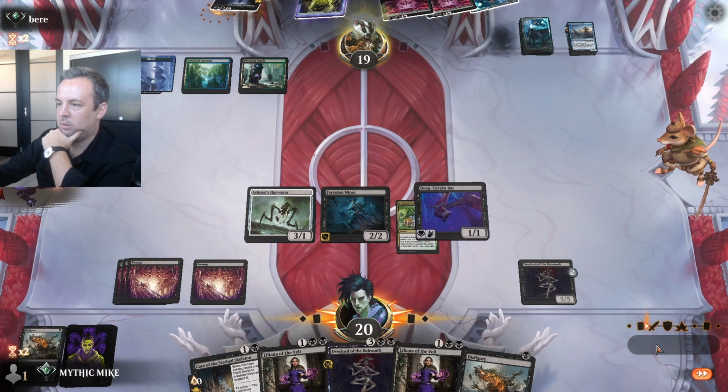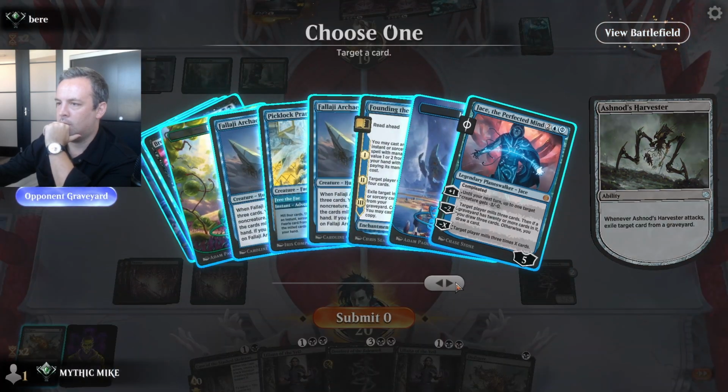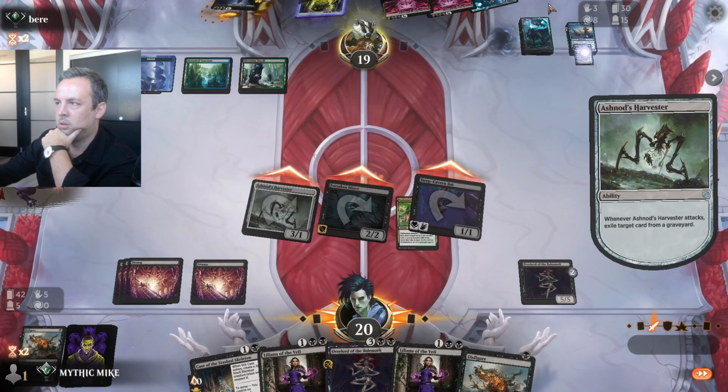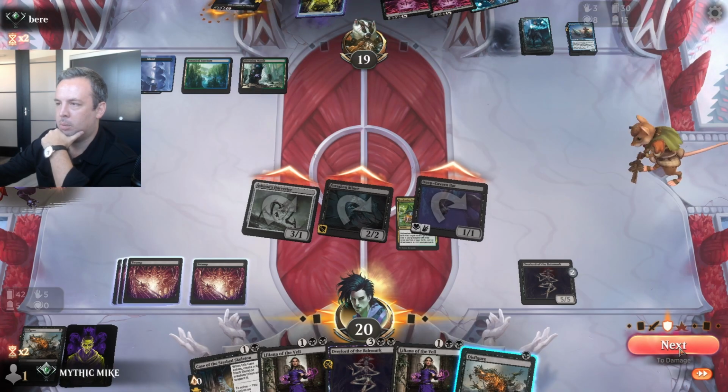Did he hit removal? So Jace is probably the one, right? I don't want him milling me. The other one, I guess, is Breach, in case he has some way to play it, but...